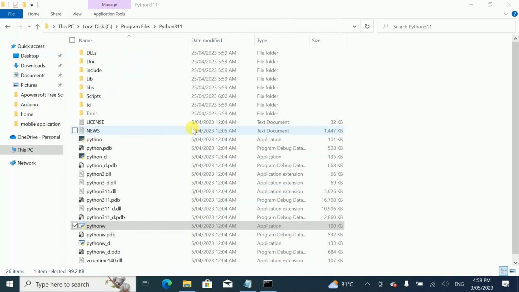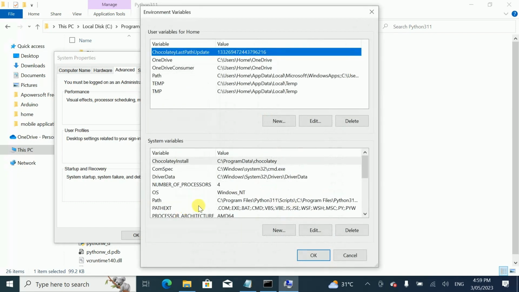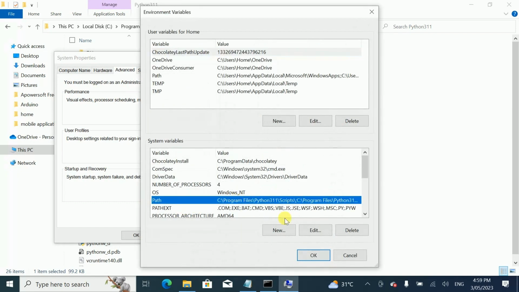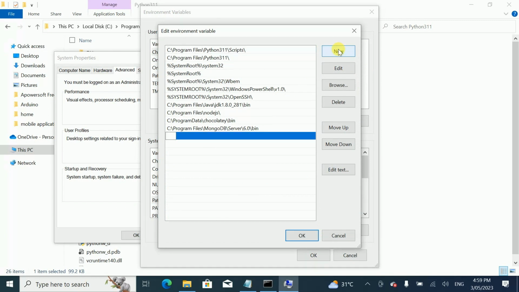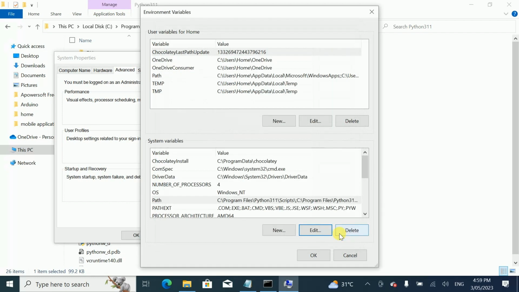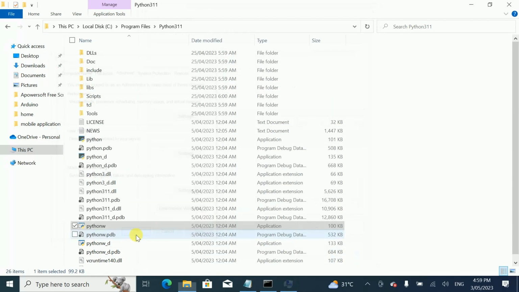You just open it, and here we have a tab, Environment Variables, and then here is Path. I have to edit this path, create a new one, paste it here, and save it. Okay, once you set the environment path,